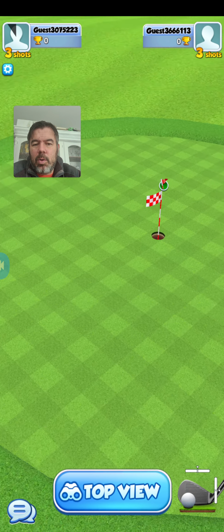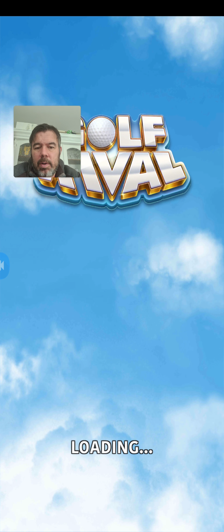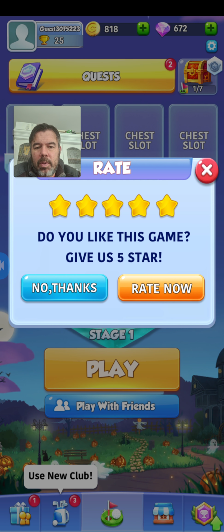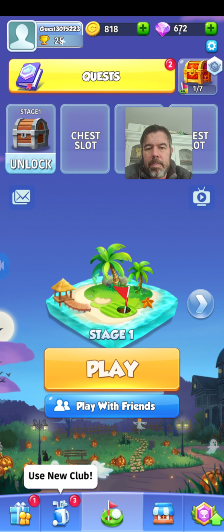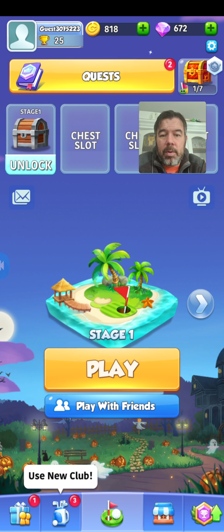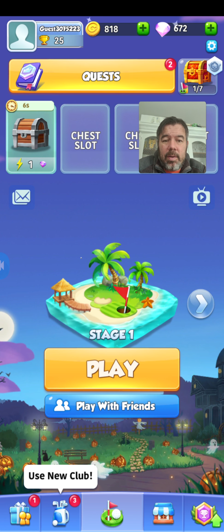You do have 4 chest slots, and I've just gained one there. Look. So if we go back onto the main page, skip. So there you go. There's the chest we've just earned from that game. There is an unlock time. The brown ones are 5 seconds. So you can unlock that, and that gives you your clubs and a few gems,